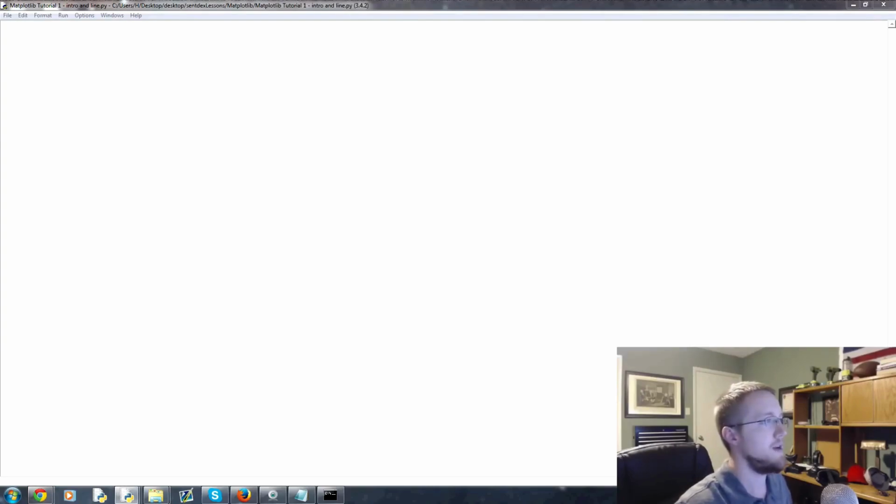So the next thing that we're going to go ahead and do is just show a really simple line graph with Matplotlib. So to do that and to use Matplotlib, the first thing we need to do is import Matplotlib, but more specifically what we use is pyplot. And pyplot is the main functionality that you're going to be using all the time. Pretty much every application, I can't think of one that is not going to be using pyplot. So you're going to do this a lot. So you're going to need this import